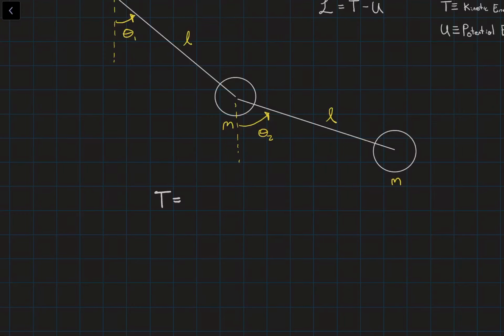So since these are fixed lengths, they're moving in circular motion, right? So for this first mass, we would have 1/2 m, then since it's circular motion, the velocity would be (L theta 1 dot) whole quantity squared,